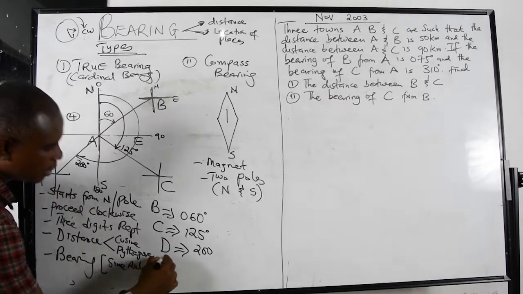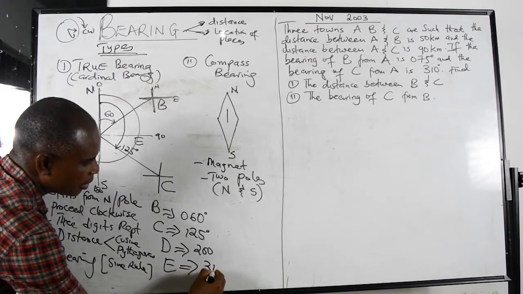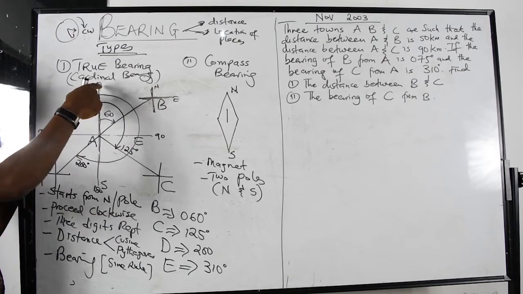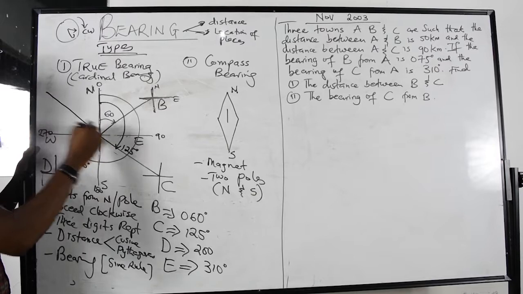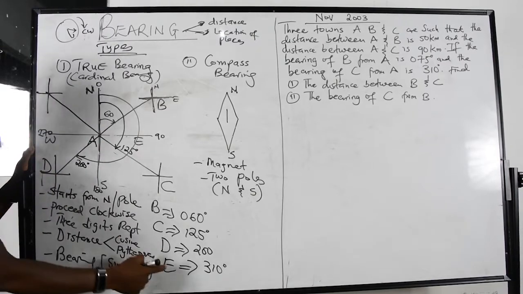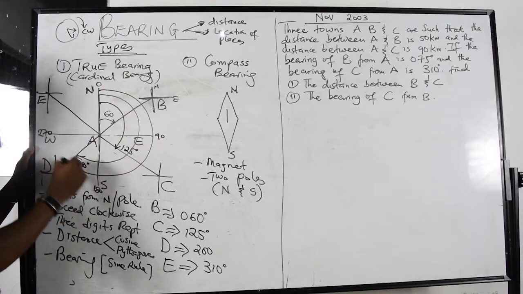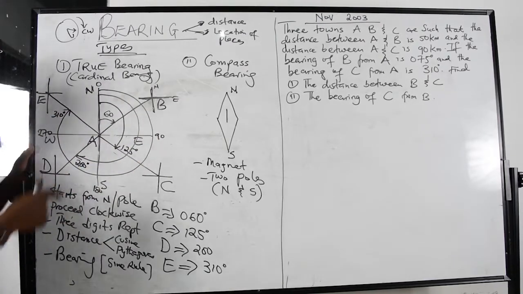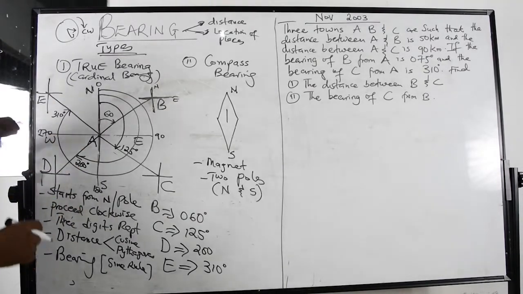And I want to locate a point E. Point E is on the bearing, let's say 310. So 310 is between 270 and 360. So now it's here, room 4. So I bring it there. Here, this is E there, and it is 310. So I move right there up to that. It's 310. So I've already given all the points in all the quadrants there.